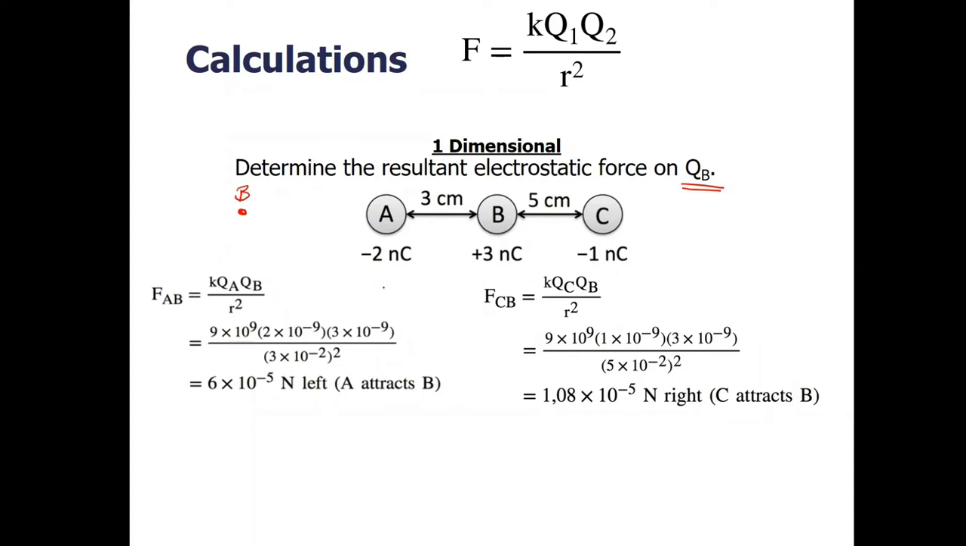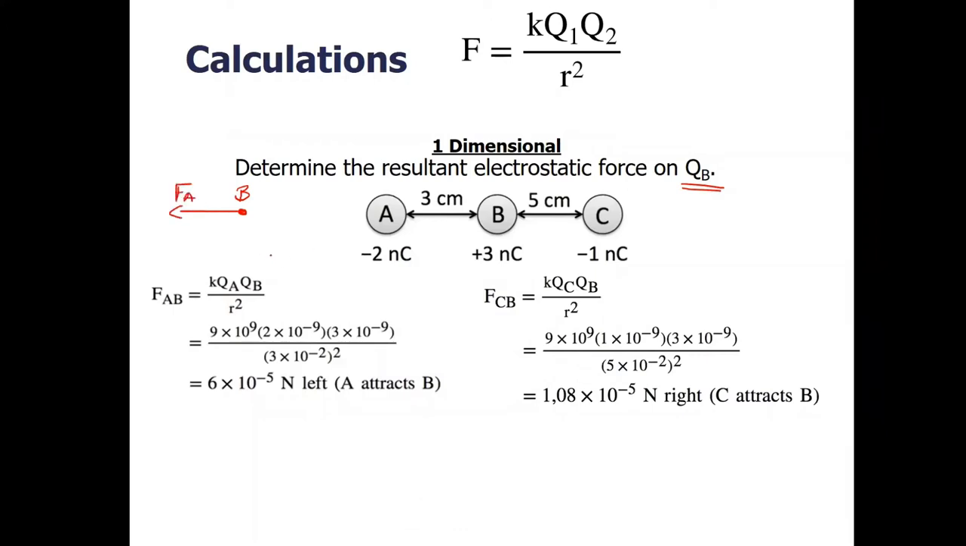Look at what B is going to do. A and B are going to attract each other. How do we know that? A is negative, B is positive, opposite charges attract. So A will be attracted towards the right and B will be attracted towards the left. So B experiences a force towards A,